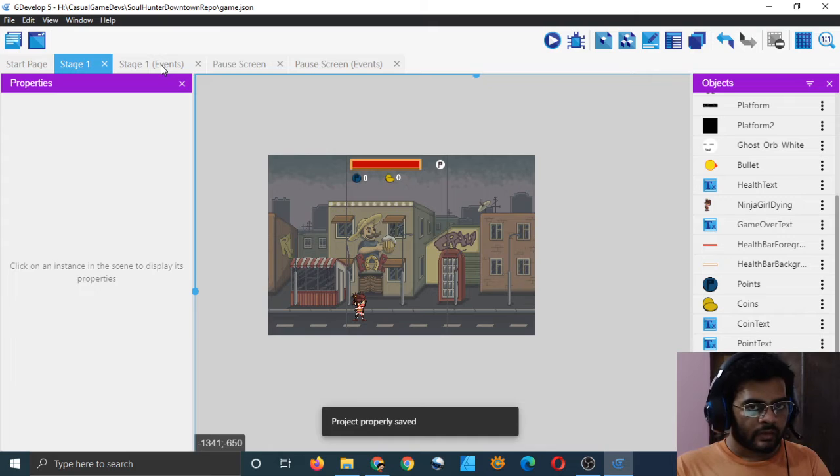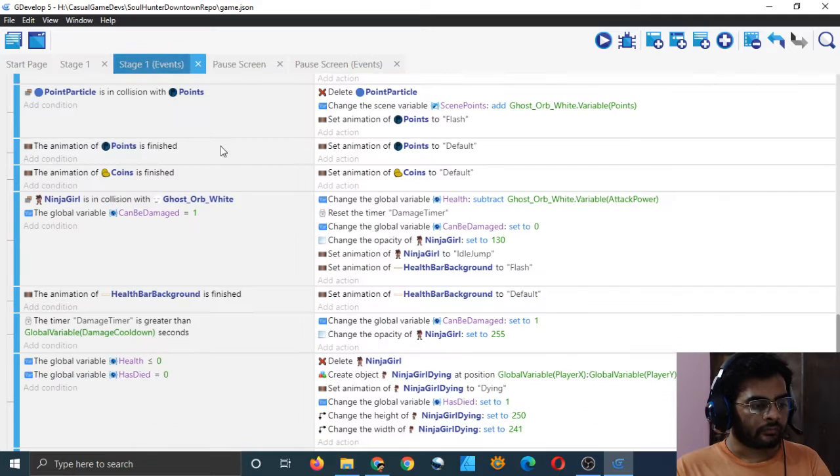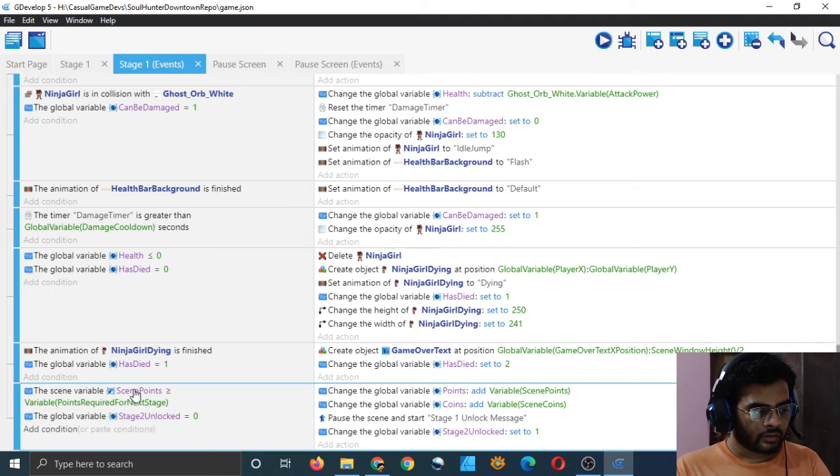And when we press the pause button, it should just pause the scene, save the scene points and scene coins to global variable, and then take us to the pause screen. So let's add that action at the very end.